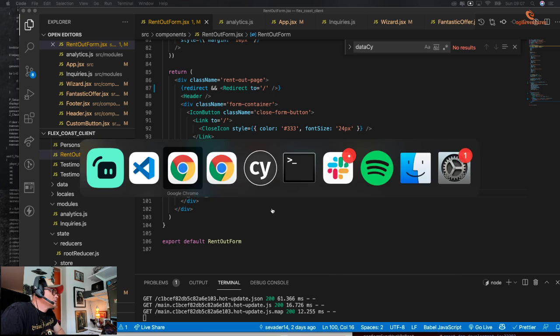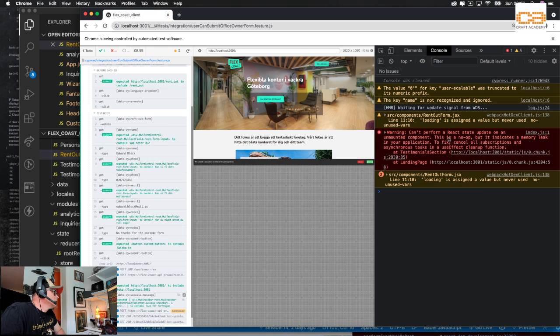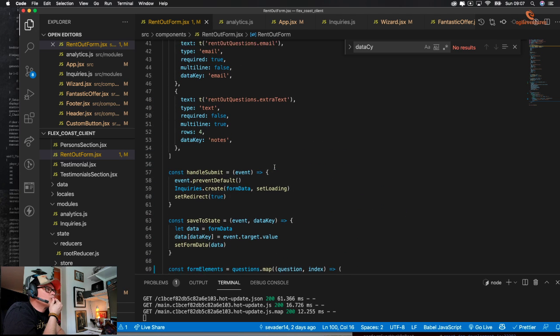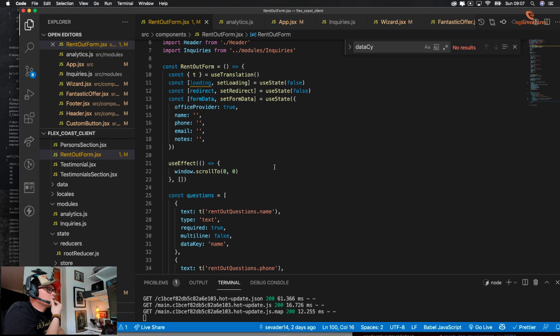Right. So the only thing we have now is that loading is assigned a value but never used. Yeah. Right. I don't even know what the set loading is used for, to be honest.